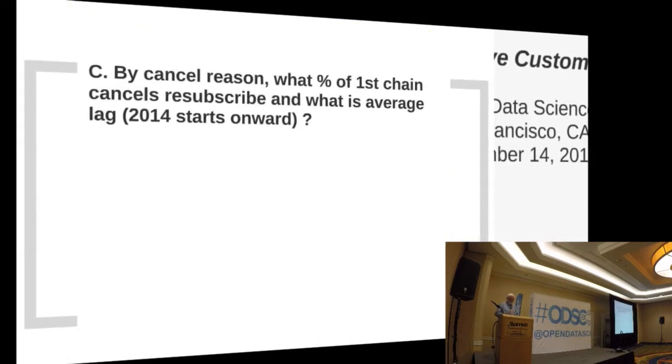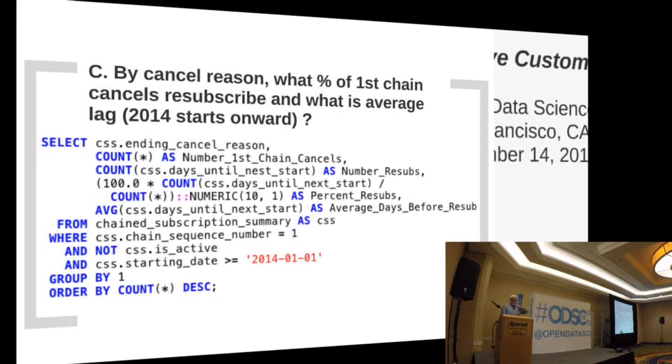Another question, by cancel reason: what percentage of the first chain cancels resubscribe? I'm sorry, let me rephrase that. What percent of the first chain cancels resubscribe, and what is the average lag? And taking everybody from 2014 onwards. So this is looking at the second level of abstraction. This is looking at the chains, right? And the where